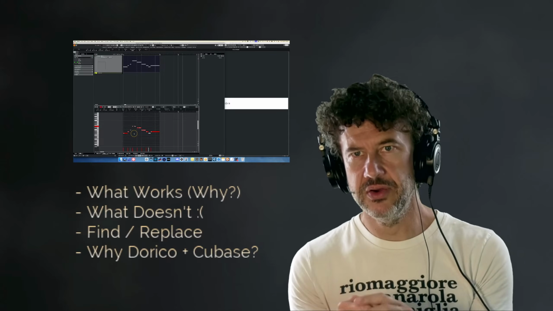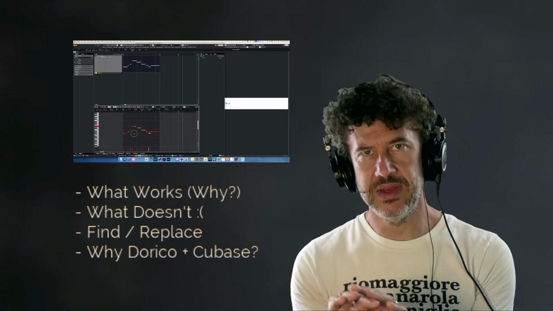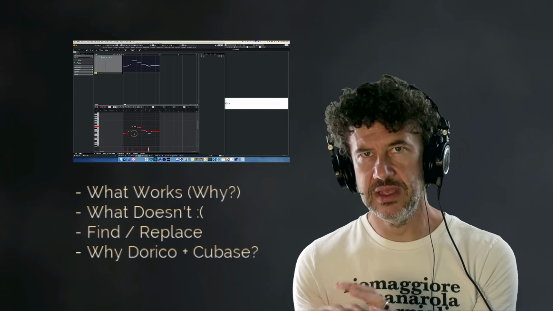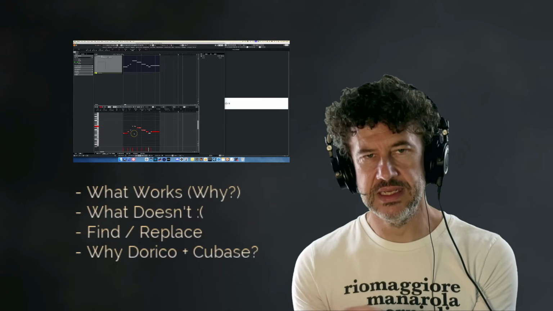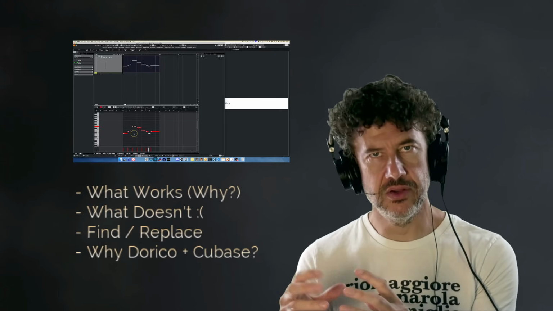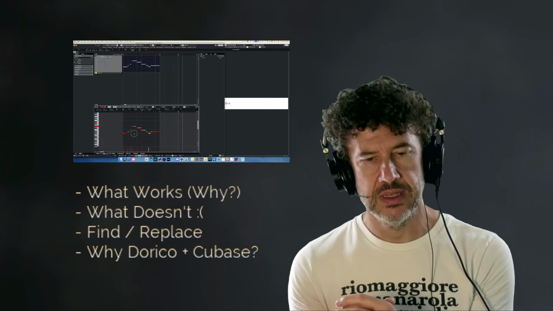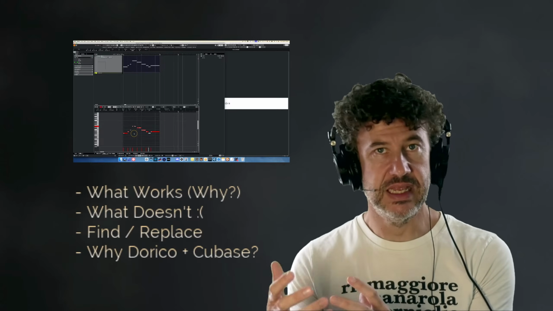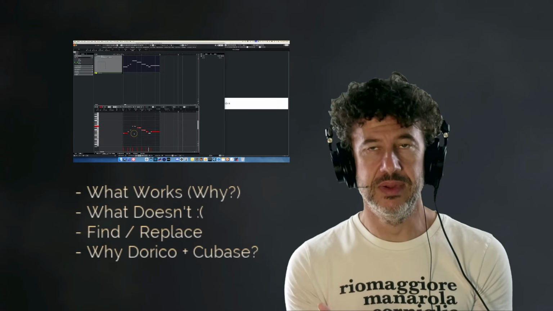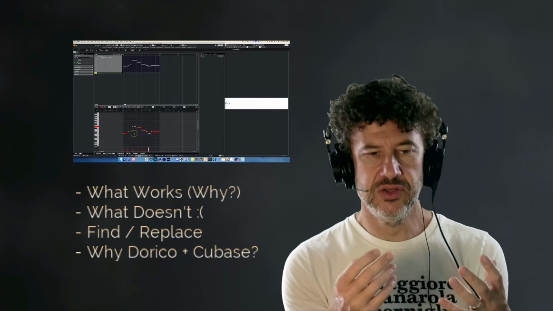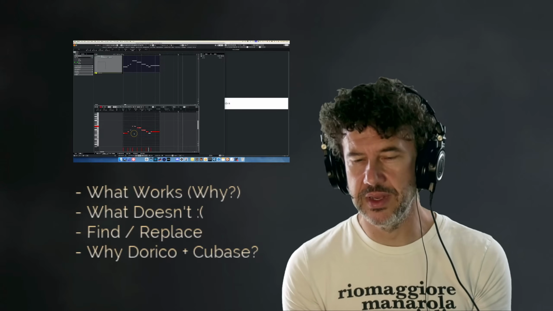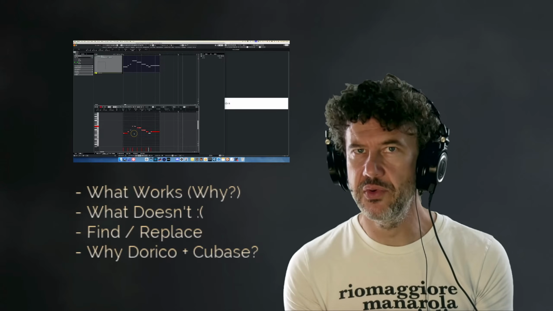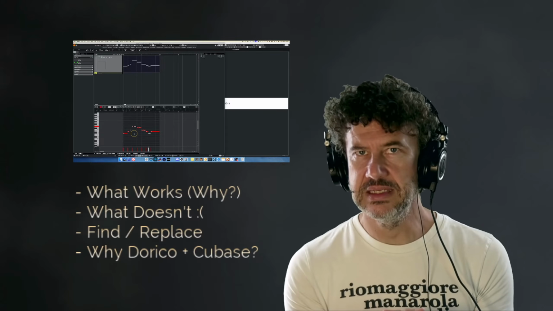In Dorico, it's not about MIDI, it's about notation. So everything in the Dorico software is designed around facilitating notation, clean notation, detailed notation. And then it translates that notation into MIDI to play it back. But in Cubase, there's none of that notation layer really. So what tends to happen when you import things from Dorico is that you'll get